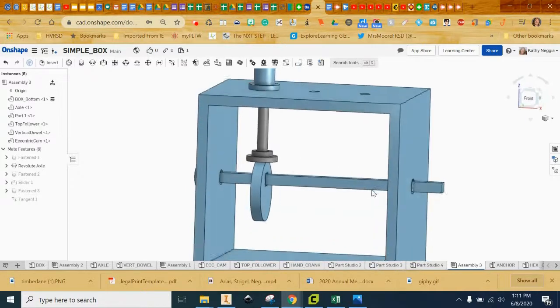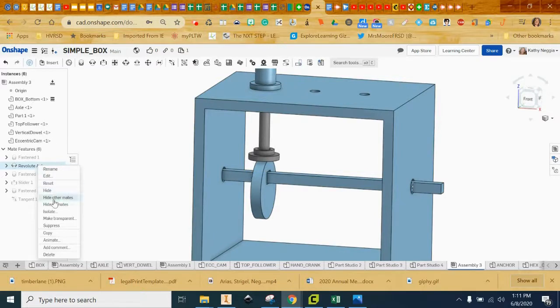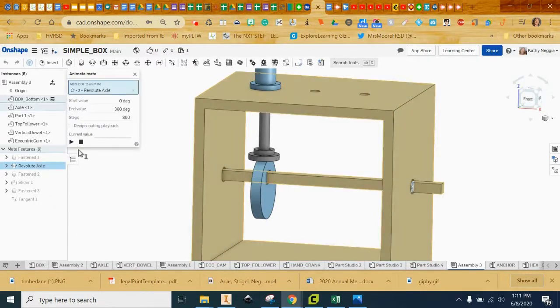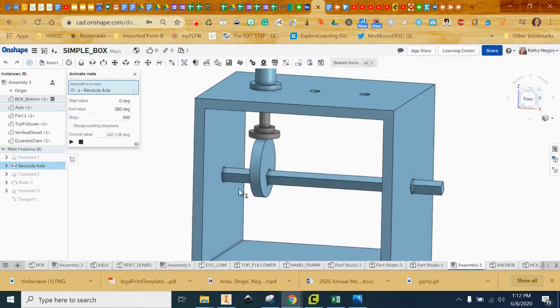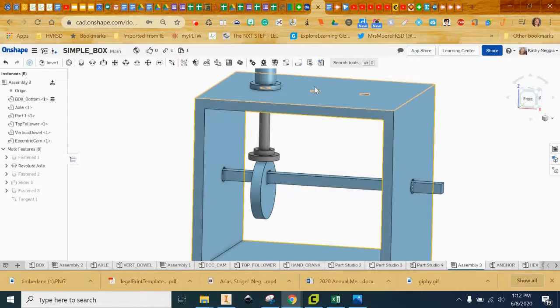Okay, so I'm going to tilt this a little bit, and I'm going to come back to our axle, and I'm going to animate it and play it. And you'll notice that the axle is rotating, the cam is rotating, and the follower is following the cam. So that's good. So we're going to repeat the steps, and we're going to place a top follower, the bottom follower with its rod, and another cam here. So again,